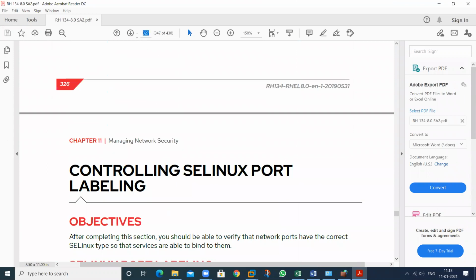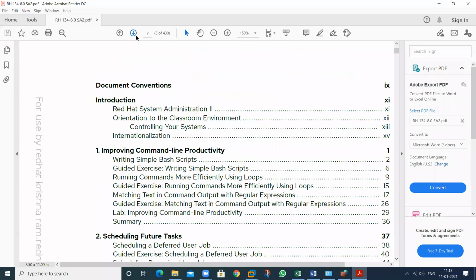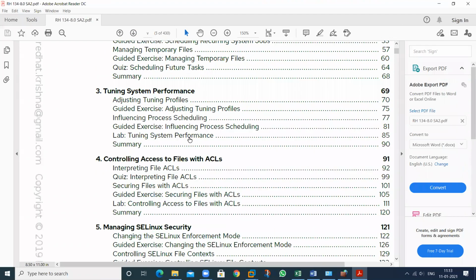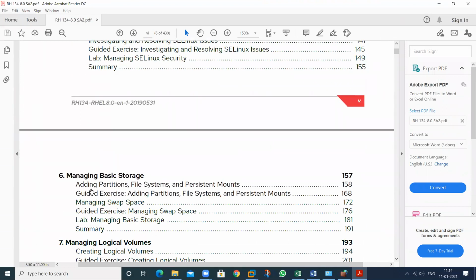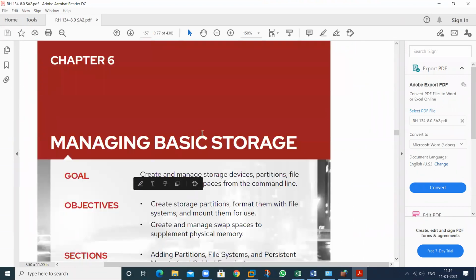Now, I will start this particular chapter, that is managing basic storage. Do you have knowledge about storage and any disk management functionality in Windows?